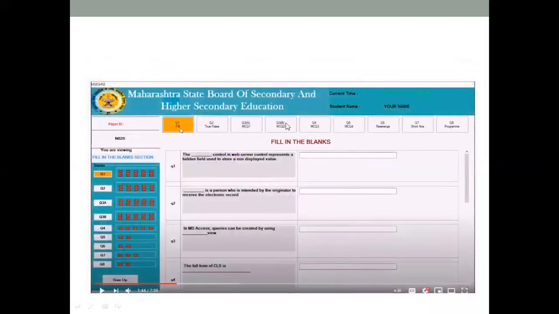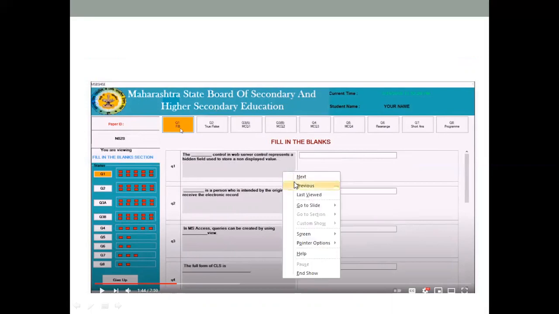Now see here, maybe you will not be able to view it, but I have made a simple logic. If you click on question 1, this is the fill in the blank. Here this is the box. Have you seen this box? This box indicates you have to write the answer here, not here. If you press here also, it will not go, because it will be asking you to write the answer here. So you have to write the answer in this box.